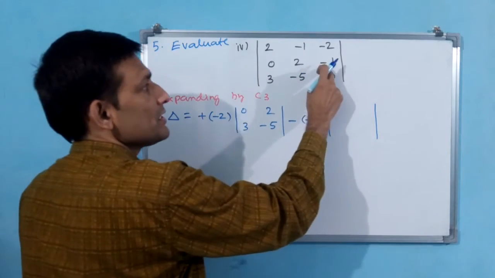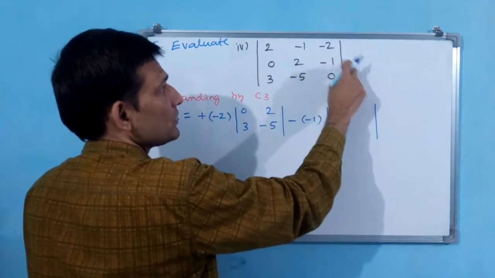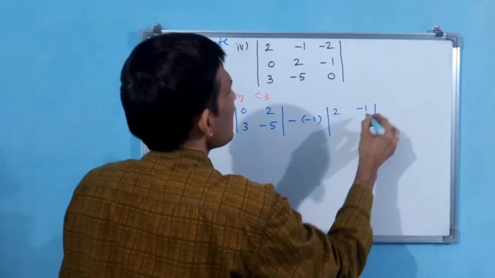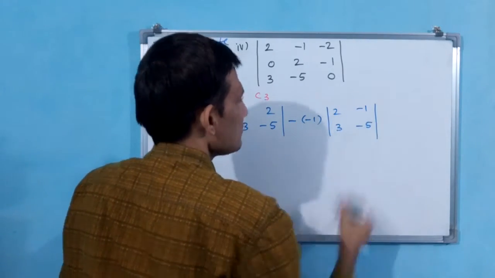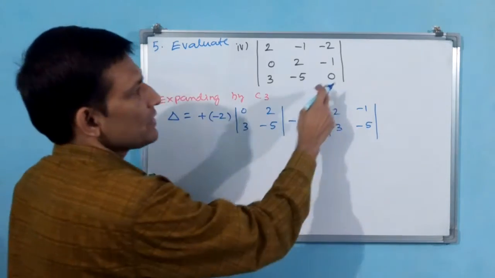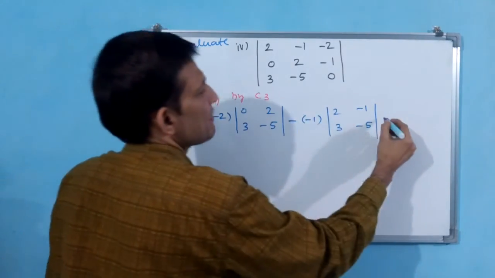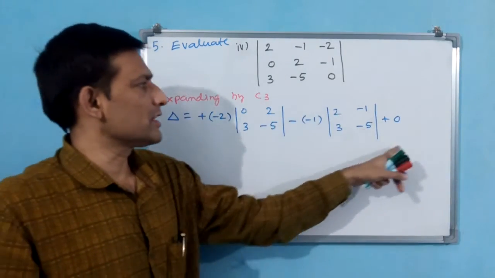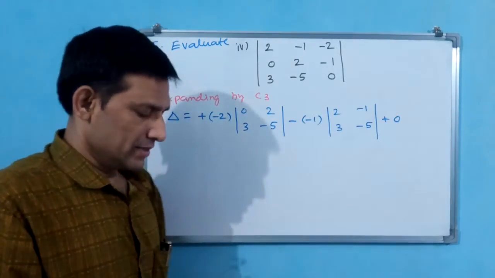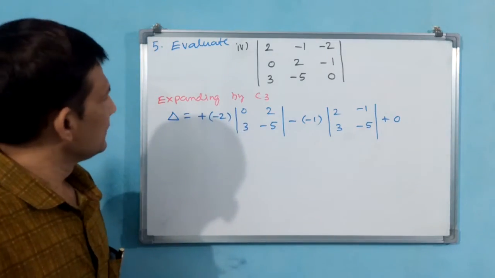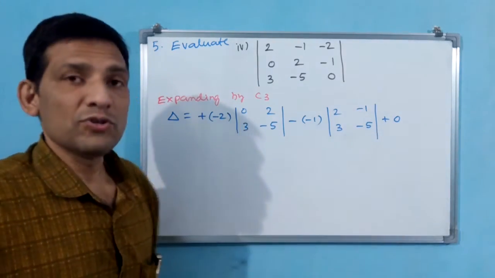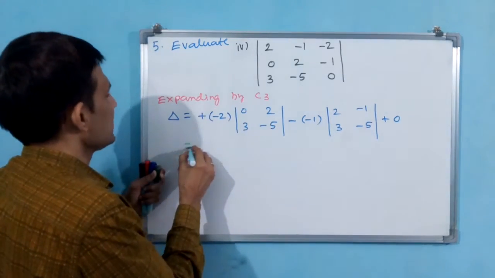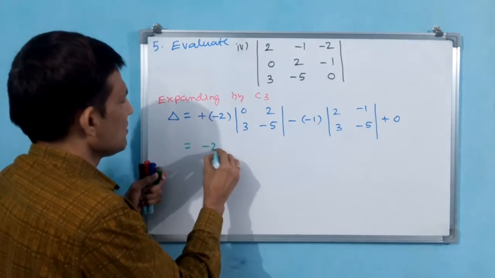Okay, you see now this is in column 3 but row 2, then column 3 row 2 you have to close, 2 minus 1 3 minus 5 you have to write. Okay, now you see plus minus, then plus 0 you write and leave it. Why? Because you need not do this determination. Why? Because 0 is there. Or even if you don't write this 0, stop up to here also not wrong. Okay, let us do. You see minus 2, like that only you keep.